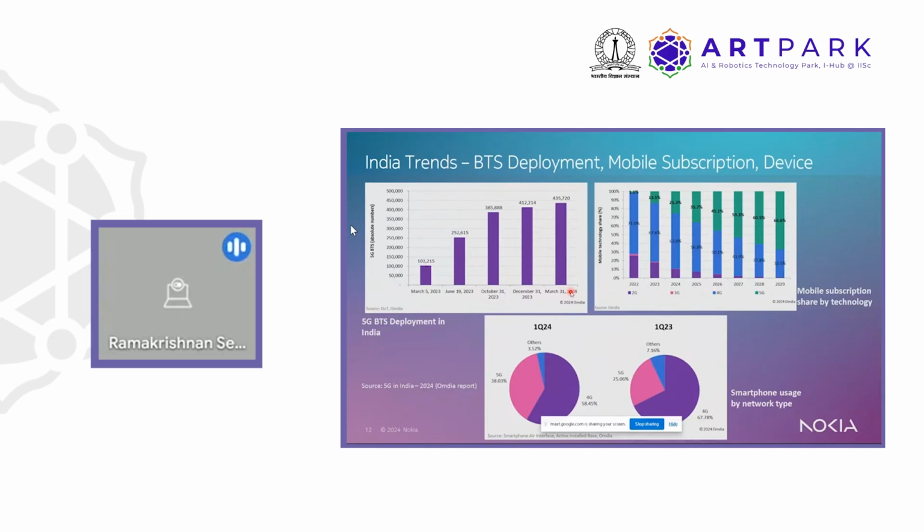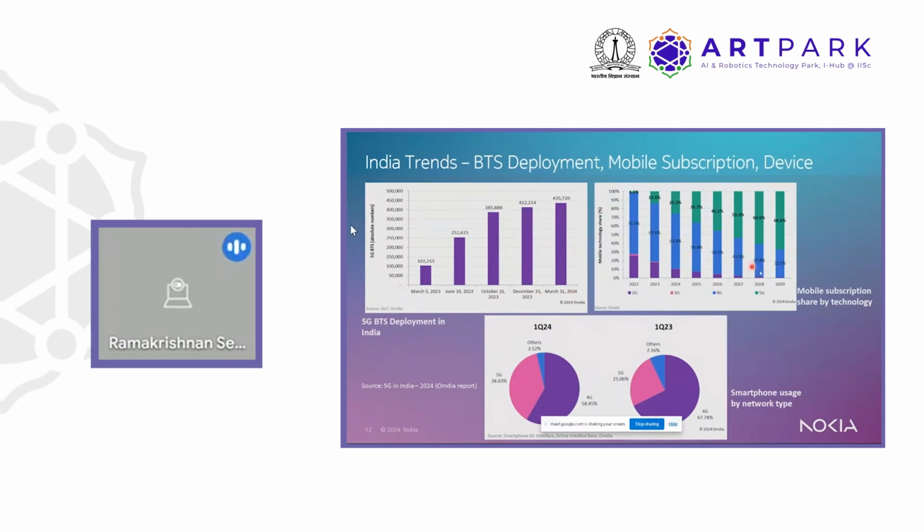The overall downlink experience has been quite good now, right? That is one of the very interesting facts that we saw for India: the rate of deployment was quite high, and there has been an improvement in the mean downlink speed, and it is getting on par with multiple leading markets in the world.